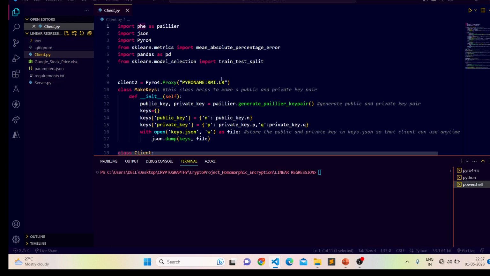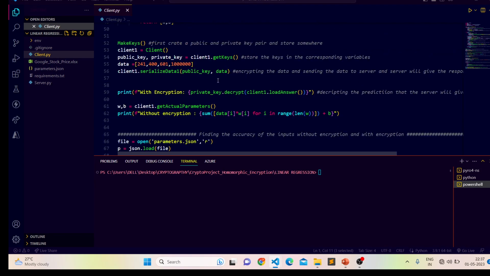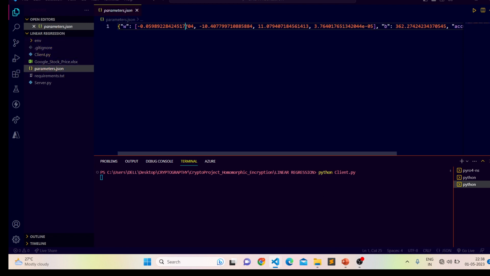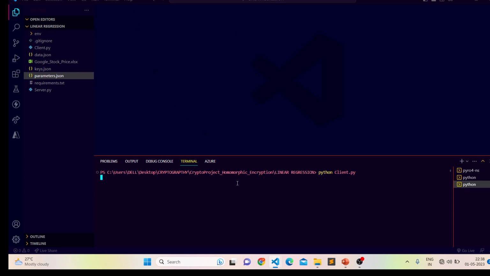What the client is doing is it will give the input, and we will be finding the result with encryption and without encryption for our analysis purposes. After running, the server made a parameter.json file which consists of all the values of the parameters, that is, all the weights W and B in simple linear regression.